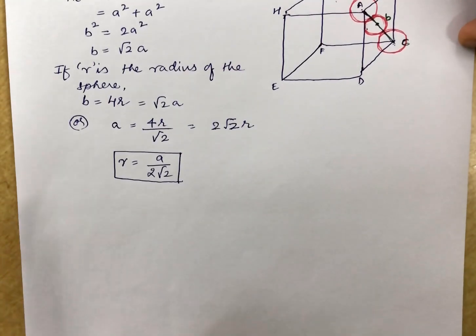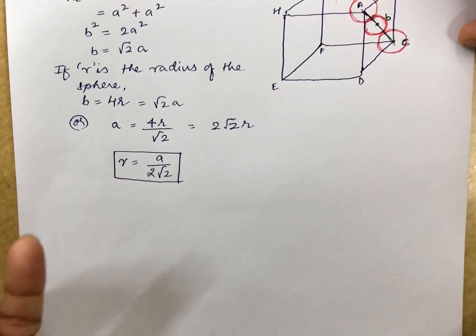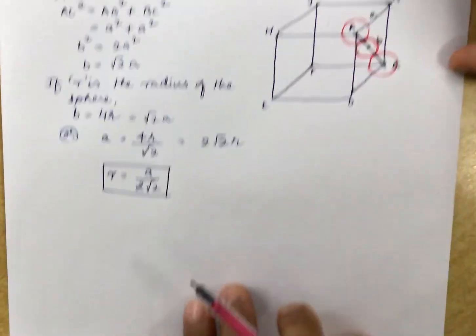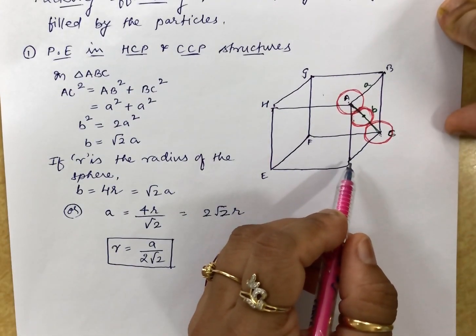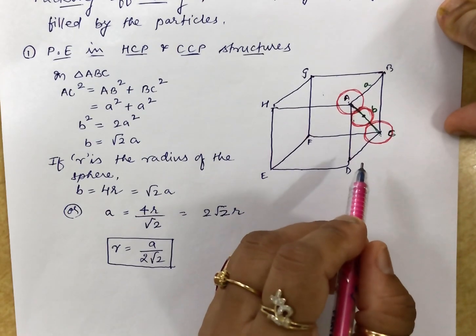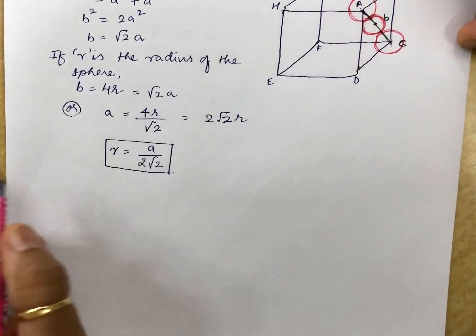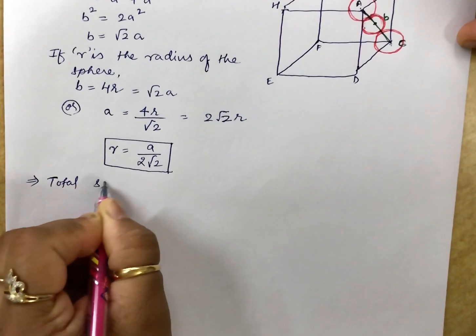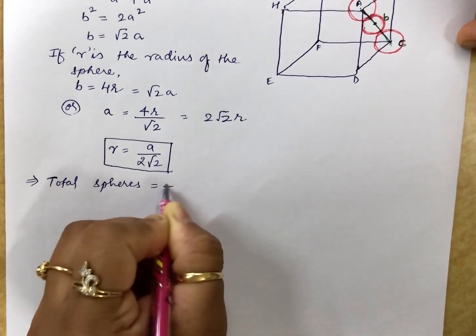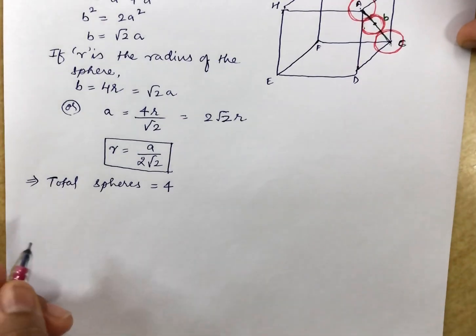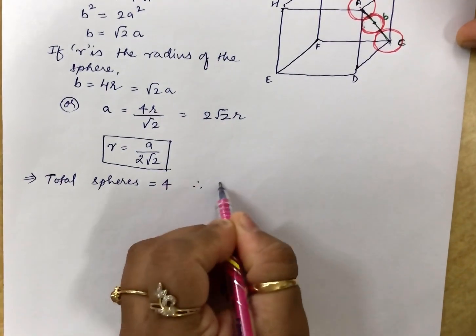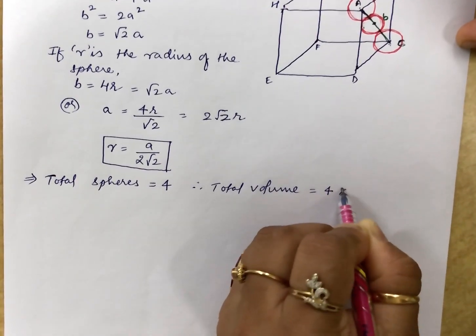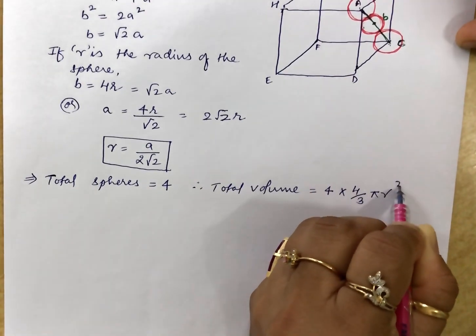You know that one sphere, which is like a ball, has volume according to mathematics as 4 by 3 pi r cube. Okay, this structure which I have shown you is nothing but your CCP structure or FCC. So definitely it will have a total number of spheres as 4. This has been taught to you in your earlier classes. Total spheres or total atoms will be equal to 4 in each unit cell of CCP structure. So therefore total volume for 4 spheres will be equal to 4 into 4 by 3 pi r cube.